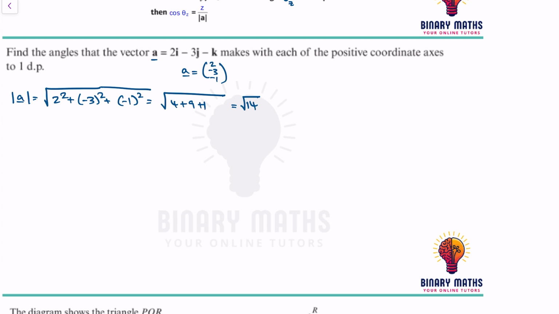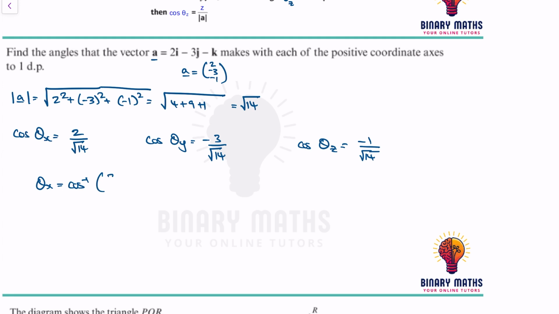Which means if I want to find out theta x, cos of theta x will be equal to the x component, which is 2, over the magnitude of A. In a similar way, cos of theta y will be equal to minus 3 over root 14, and cos of theta z will be equal to minus 1 over root 14. Okay, which means theta x will be equal to inverse cos of 2 over root 14, which gives us a value of